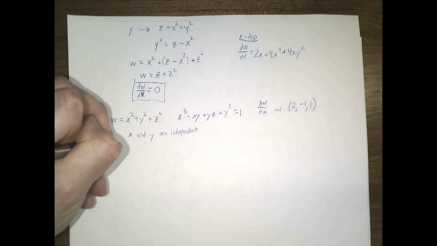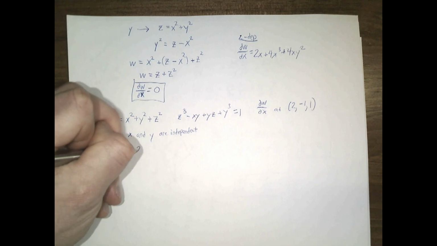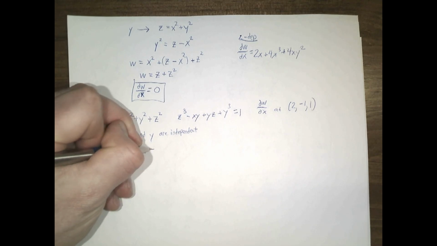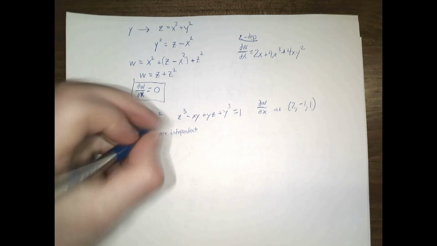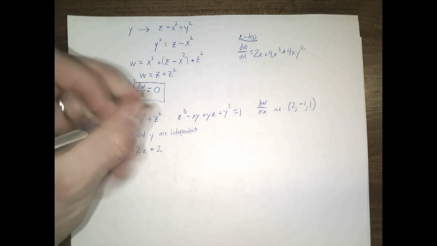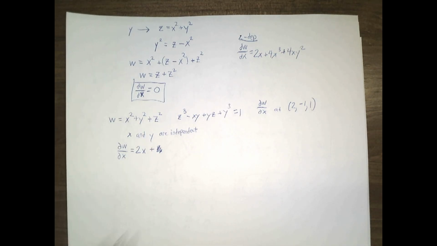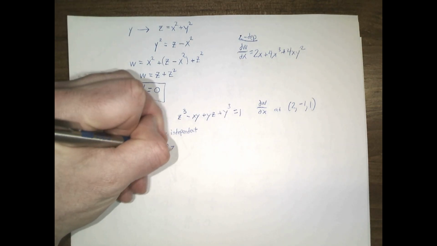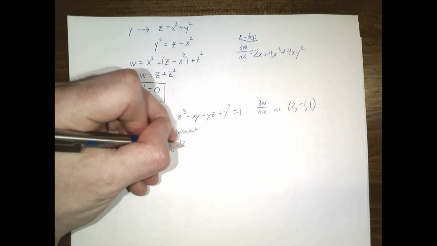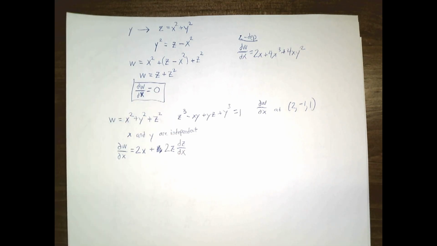So if I take dw dx, I'm going to get 2x plus 2y, but y is independent, so that whole term goes to 0. But z depends on x in this case. So we will have 2z dz dx,